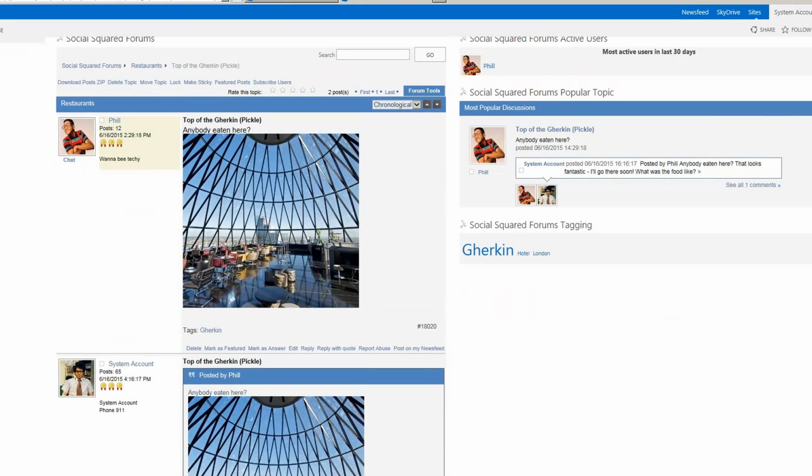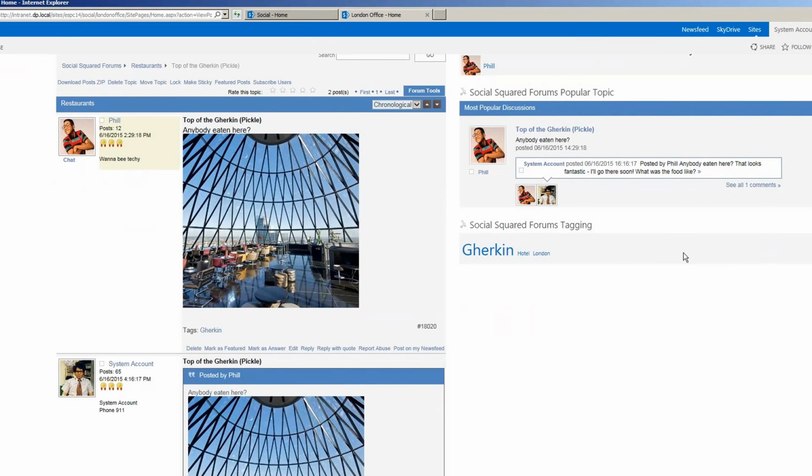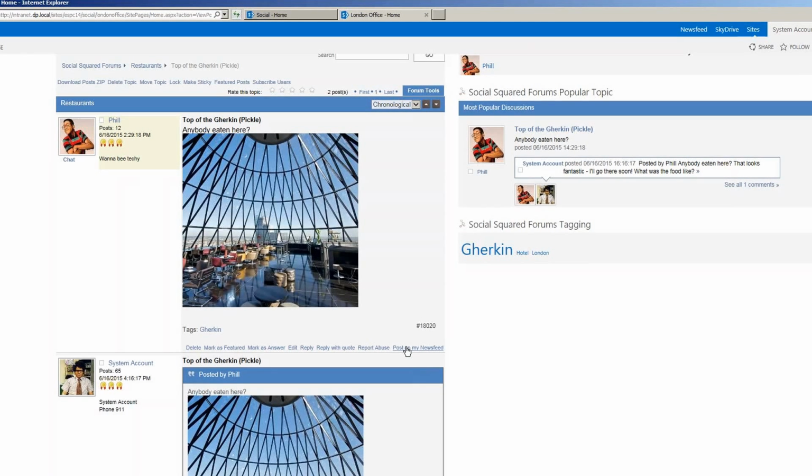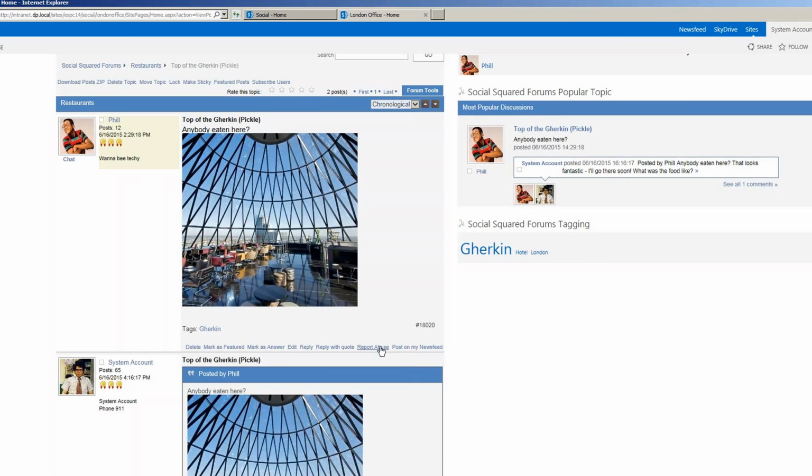So also in there, this might be something that I want other users to see. If you use the newsfeed within SharePoint, I could post that on my newsfeed so other people can see that I find this interesting and attract people to the Social Squared tool. If somebody used something abusive in their reply, then as any user, I could go through and report abuse,